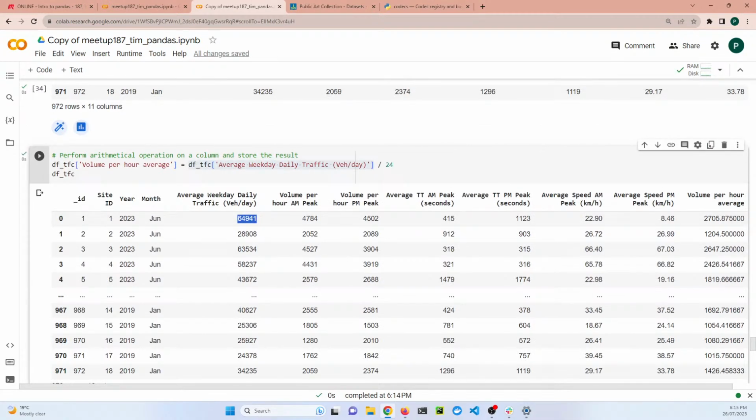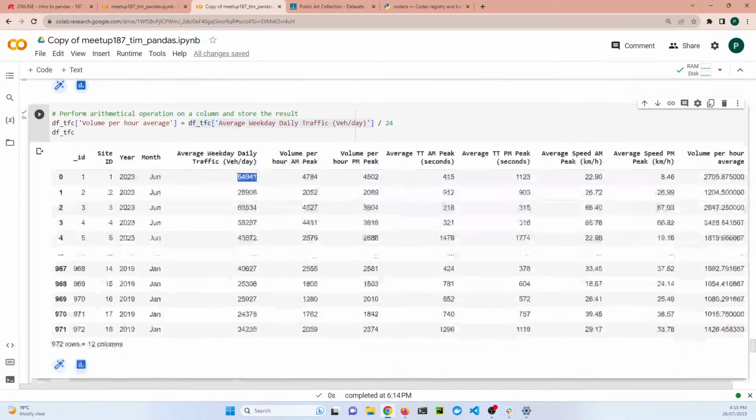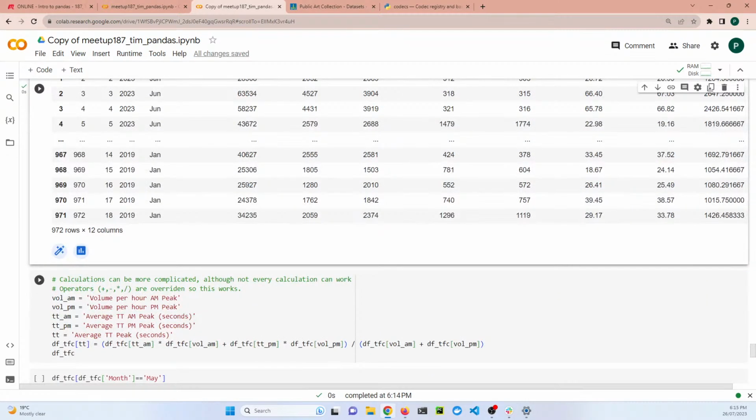And they don't have to be just a single calculation like that. You can do a calculation here where I take this column, multiply by that column, and then I add that to these columns, multiply by each other, and then divide the whole thing by this column added to that column. And what I'm trying to do here,